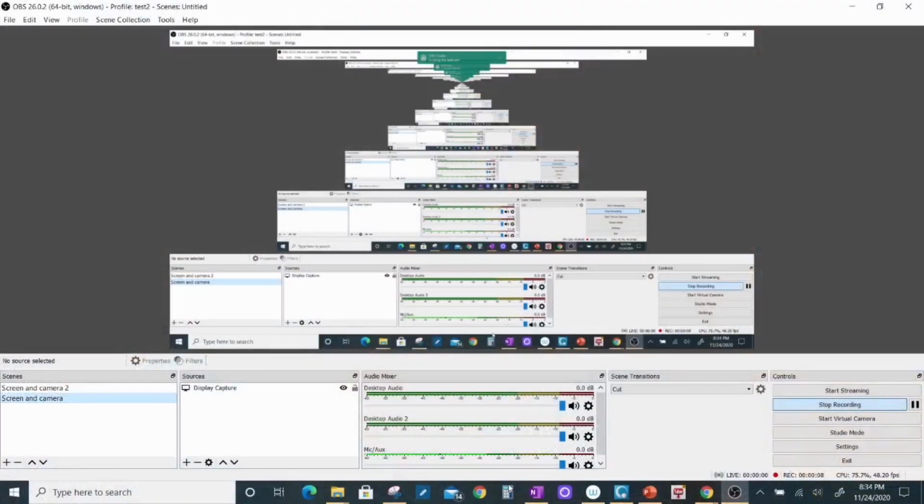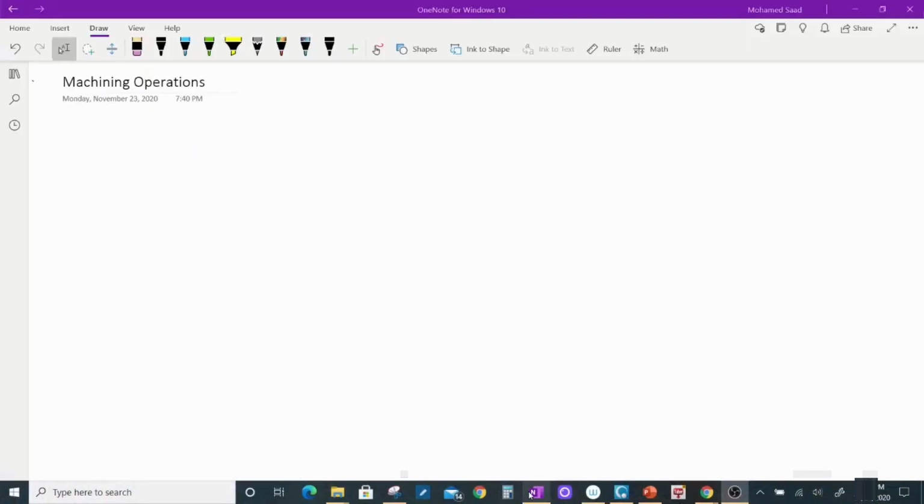Let's start by talking about the basic introduction. We have to understand that there are three elements. So we have to say that machining operations elements,